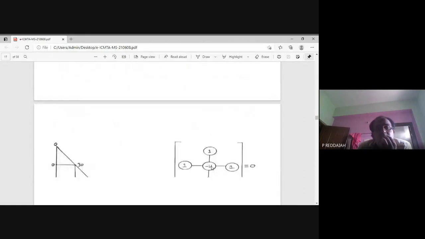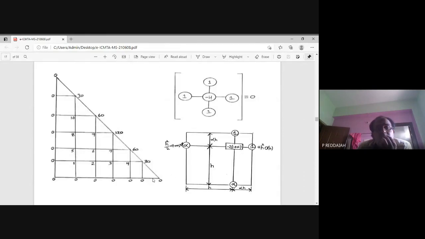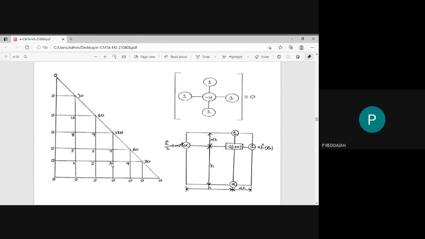Next, for this geometry, this is a curved region. These 1, 2, 3 are non-pivotal point values, and 4 belongs to the curved region. For the curved region, I should use this partial operator molecule: minus 2 into 1 plus alpha u4. Here you should multiply with 1.